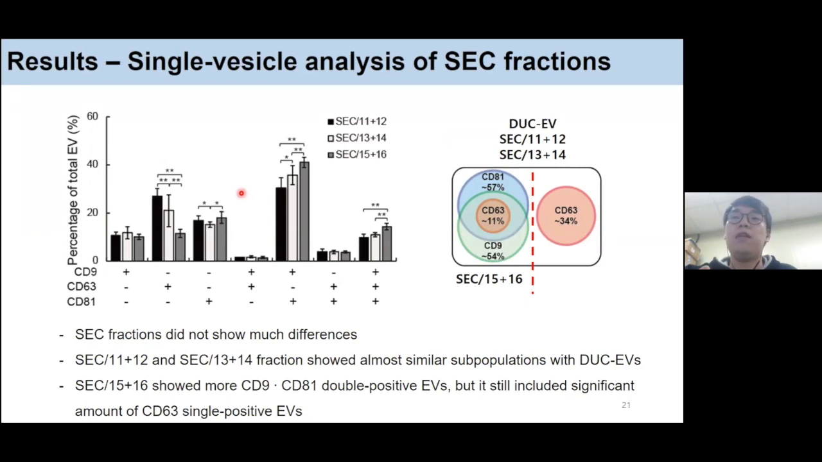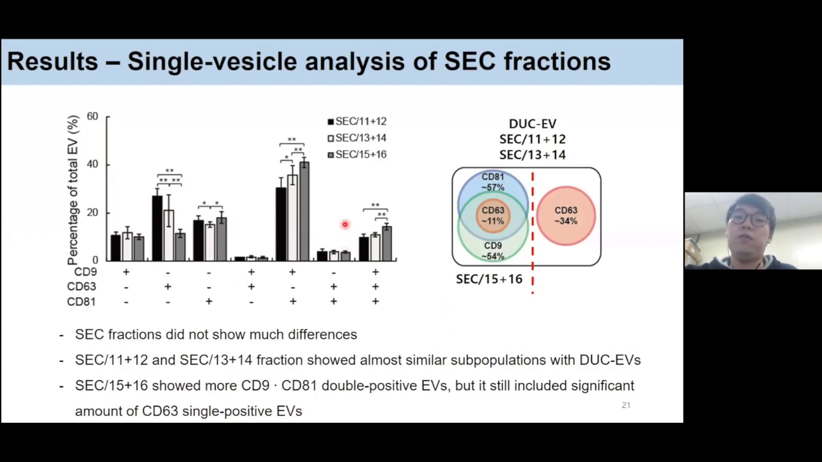Finally, unlike the previous result of buoyant density gradient and density gradient fractions, SEC isolated fractions did not show much difference in terms of their EV subpopulations. SEC 11 to 12 and SEC 13 to 14 fractions showed almost a similar subpopulation with the original differential ultracentrifuge EVs, and SEC 15 to 16 fraction showed slightly more CD9 and 81 double positive EVs, but it still includes a significant amount of CD63 single positive extracellular vesicles. And therefore, based on this observation, we could confirm that there was no significant correlation between tetraspanin expression and the